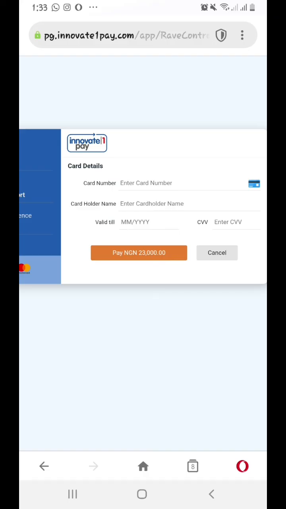Very simple process. So for you that has lost your passport, the only extra document you need is your police report and